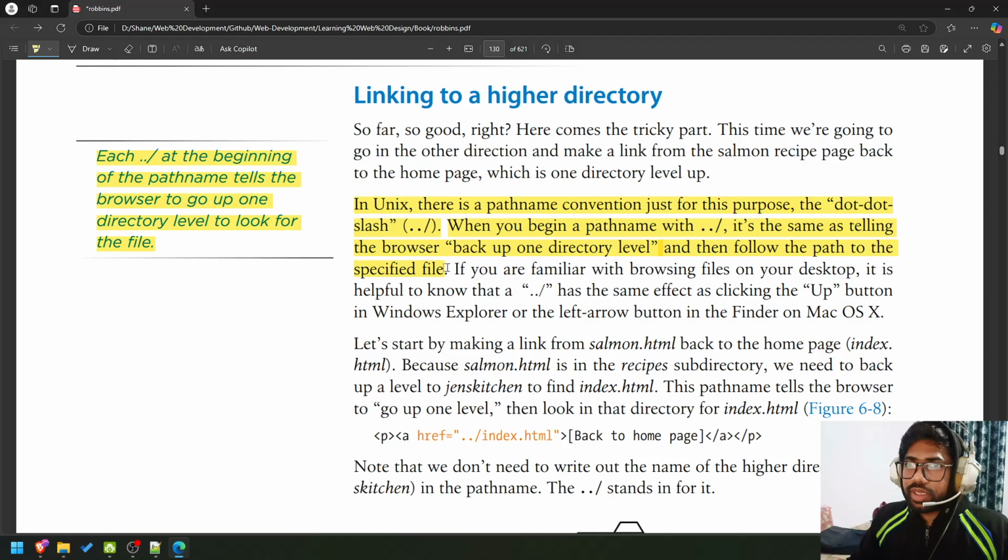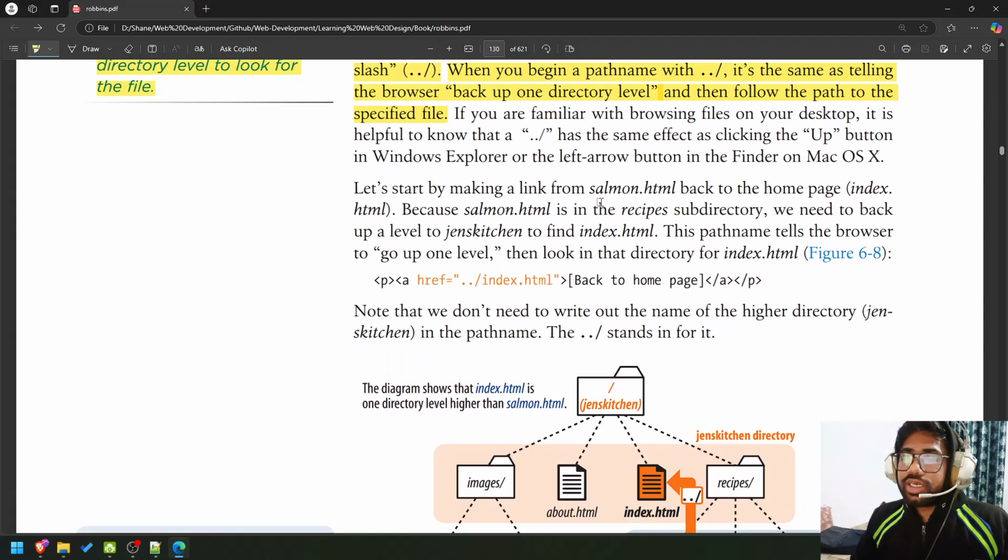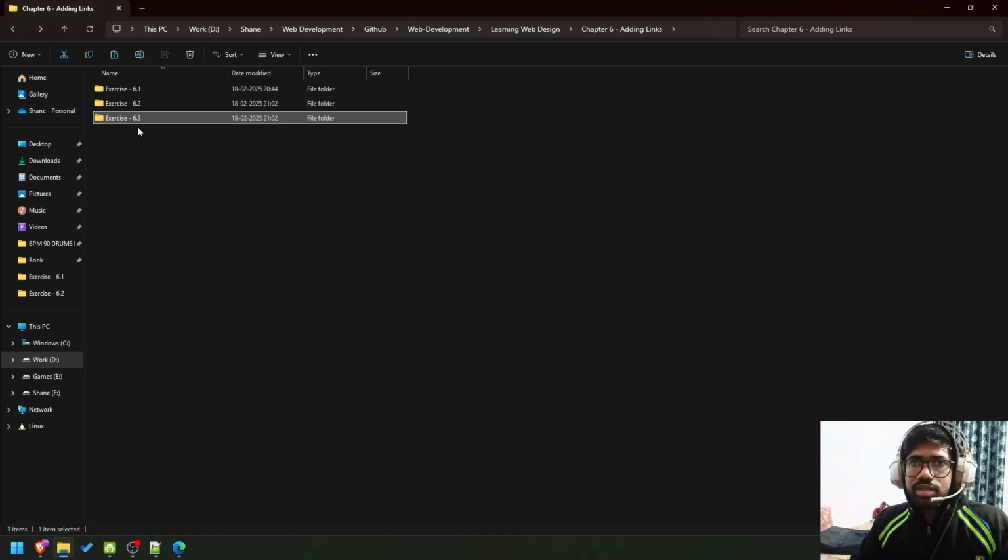Okay. If you are familiar with browsing files on a desktop, it is helpful to know that it has the same effect as clicking the up button in Windows Explorer or the left arrow button in the browser. Let's start by making a link for Salmon. Alright, so